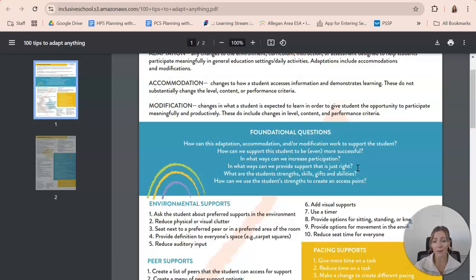In what way can we increase participation? In what ways can we provide support that is just right? What are the students' strengths? I love that. Skills, gifts, and abilities. So a strengths-based approach. And then how can we use the students' strengths to create an access point? So I think continuously coming back to these questions as we're making our choices for how to support a student